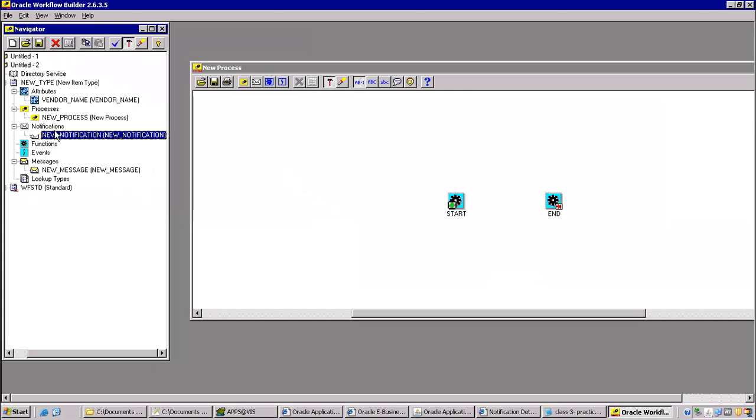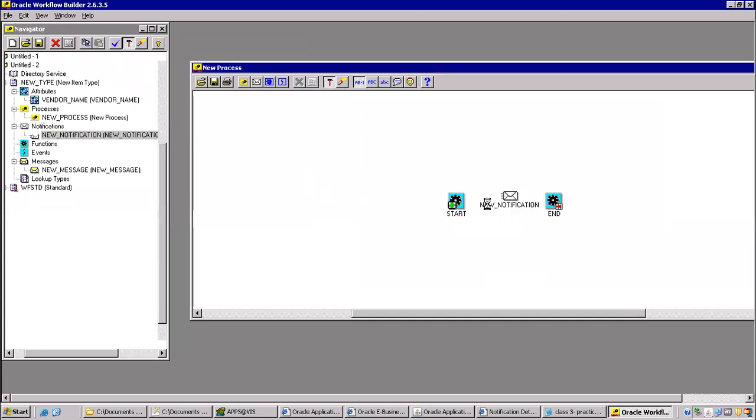Okay. So this notification you have to drag and drop over here in between this like this. And to make a connection,